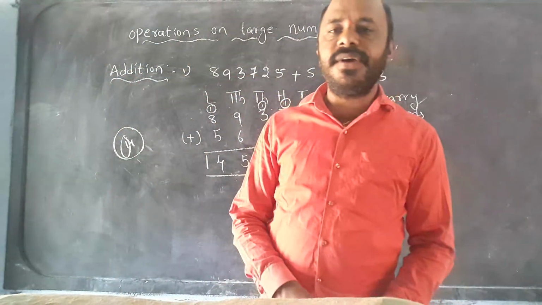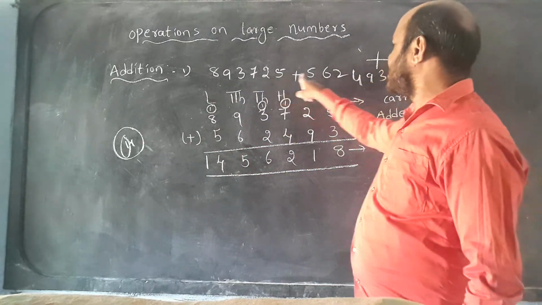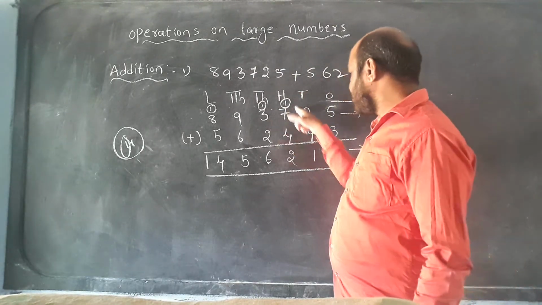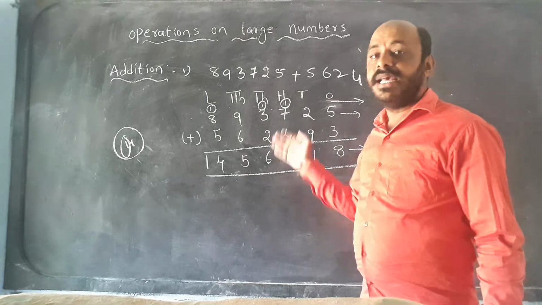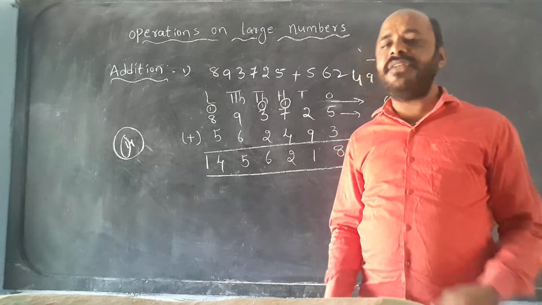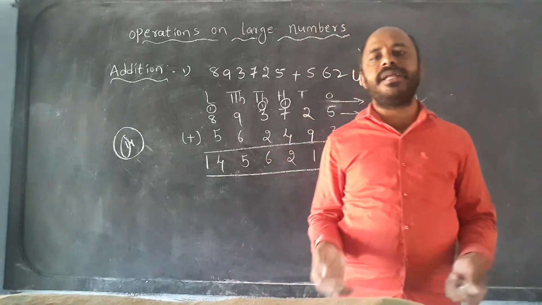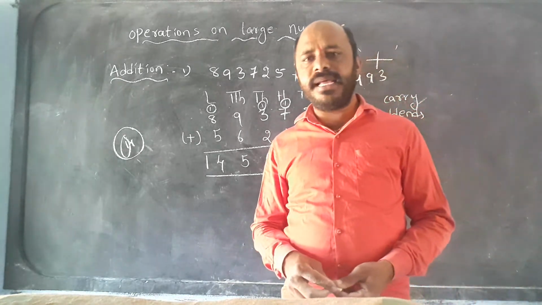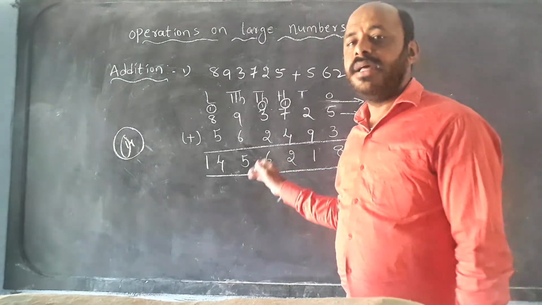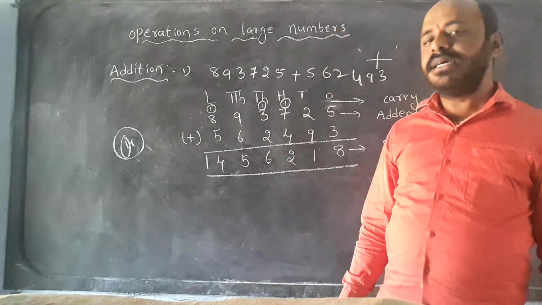In the next one, only 2 numbers are there. If the numbers have the same number of digits, here 6 digits and the second one also 6 digits, I arranged them vertically and added directly. If the numbers have different digits, like a 6-digit number and a 5-digit number, how to add? Next, a 2-digit number, a 4-digit number and a 5-digit number. If I give 3 or 4 numbers, how to write them vertically and how to add them, how to apply the addition symbol, I will explain in the next topic.